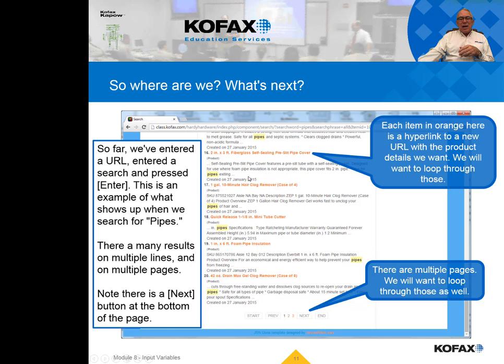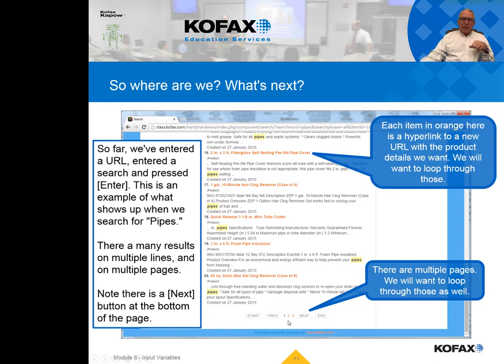And you can see here that the text in orange on each of these is actually a hyperlink that points to the URL for each of these individual items, and that'll bring up the details if you click on them. So I'm going to want to set up a loop that loops through each of these, brings up the item, follow it with an extract step,